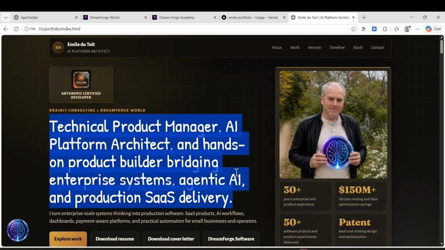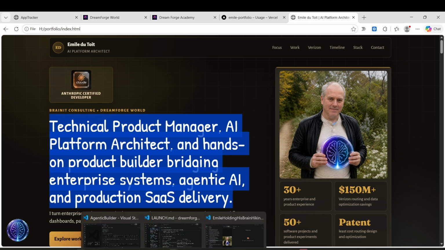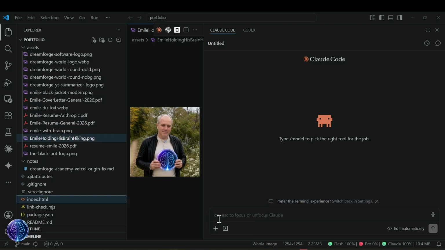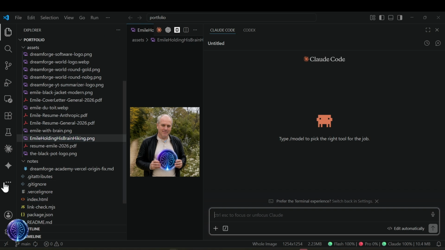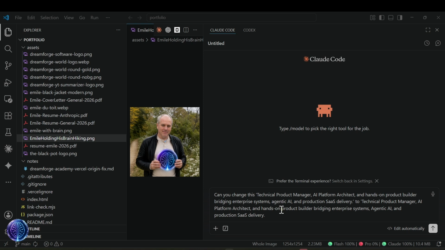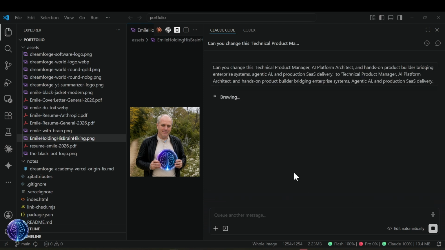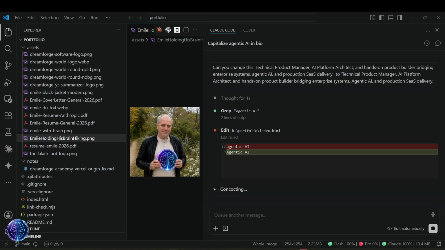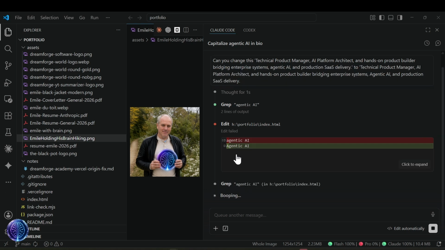So I'll copy that. And so I just copied that and pasted that to the coding agent. And I say, can you change this? And I put it in single quotes to this. The only change I made was really to capitalize this A, just to demonstrate to you guys. But it can be anything that you want. So let it do the change. So you will go and search for that piece of text, and there we see capital A.